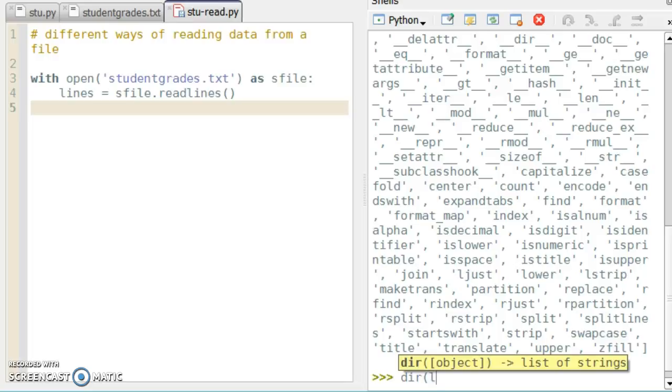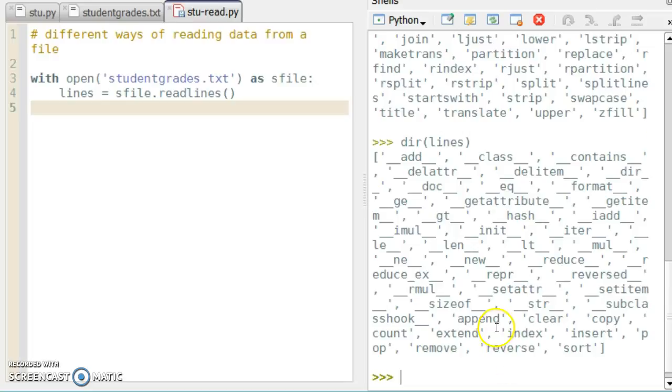If I asked what are the kinds of things I can do with lines, which is a list, then because that's a list, only list operations can be done, and so I have to pick out one line, a string, to be able to see what functions I could possibly use to get rid of the tab characters and